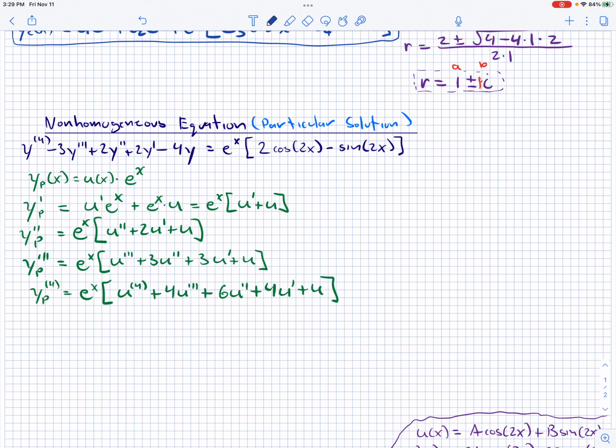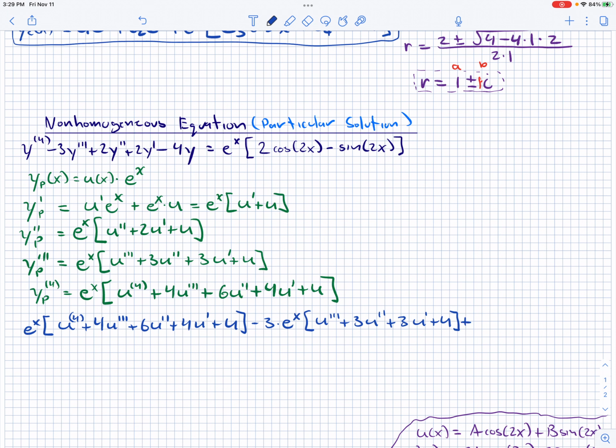So, writing that out, we know we have the fourth derivative, so that's just going to be e to the x times u, the fourth derivative, plus 4u triple prime plus 6u double prime plus 4u prime plus u minus 3 times y triple prime, which is e to the x, u triple prime plus 3u double prime plus 3u prime plus u